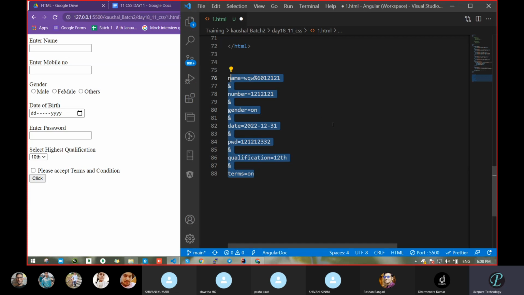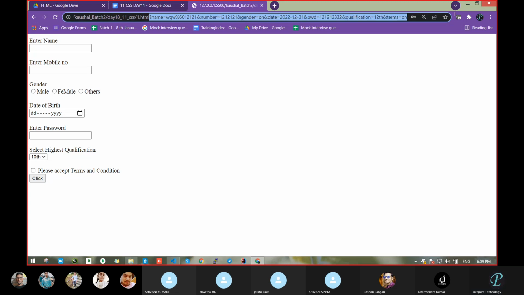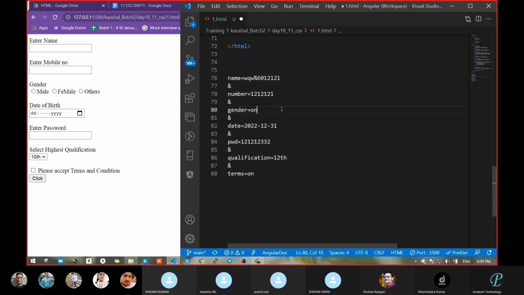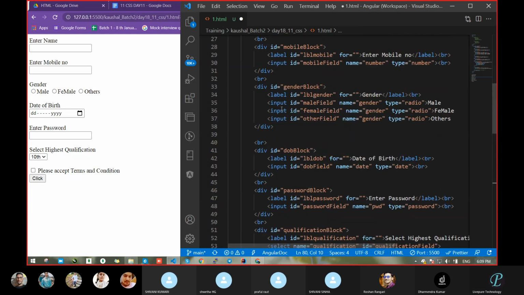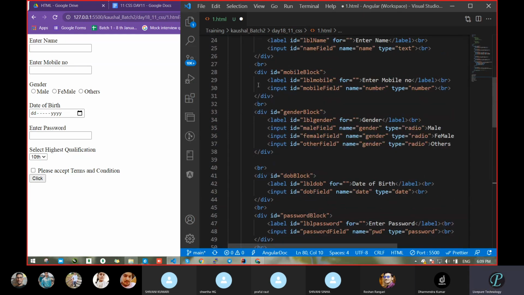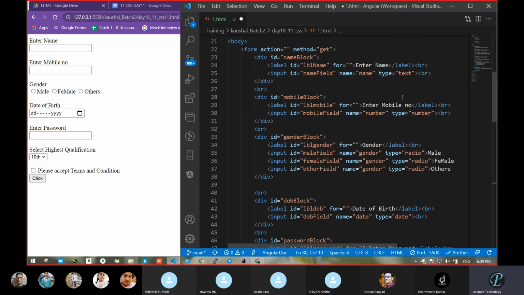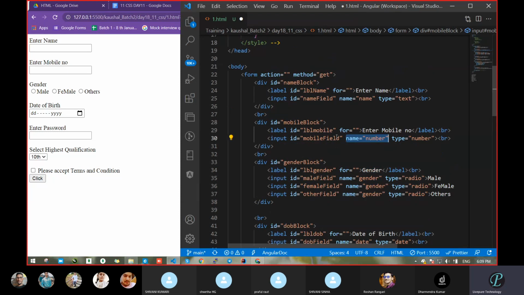So can anyone tell me how we got all this data in our URL here? Can anyone? Samir, Amardeep, Dharmender, anyone? What we had done previously. Name, sir. We had passed a name property in all cases. Okay, this one fine. One more thing we had done, then only it came there. Can anyone? ID. What? ID. ID we were already taking. Method, previously. Method, sir. That was method.